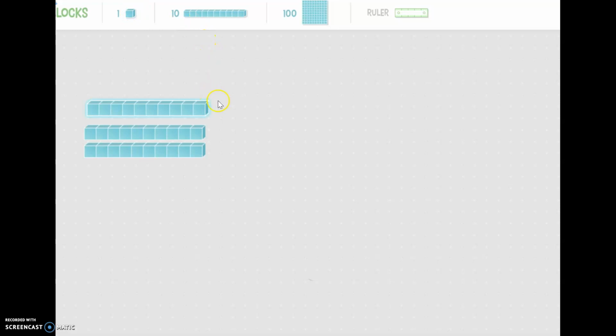So now to add that 4, I need cubes. So I'm going to do 1, 2, 3, 4. 4 cubes. Let me move them here. And this is how we're going to count them. 10, 20, 30, 31, 32, 33, 34. So my answer is